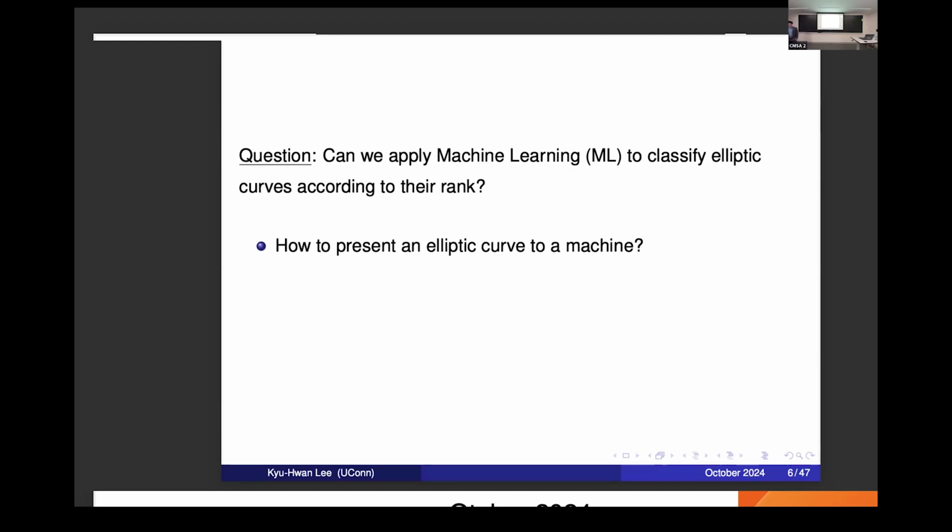There may be several ways, but we remember that arithmetic objects have been studied through their L functions. So it may be a good idea to use their L functions. And so let me try to explain how we can use L functions. Again, the definitions have appeared during this workshop and throughout the program, but let me go over